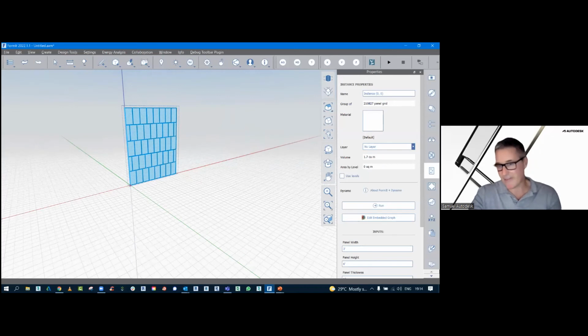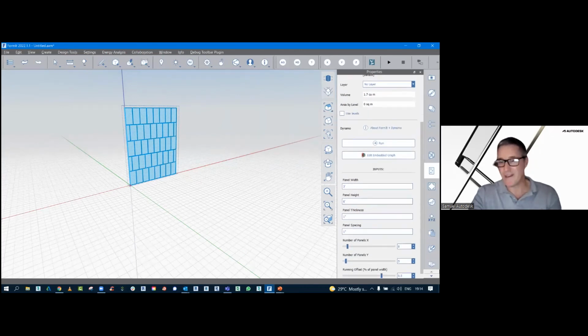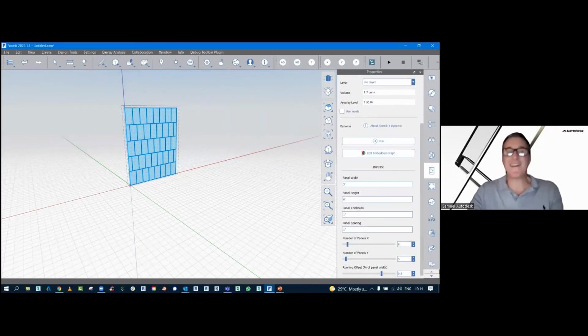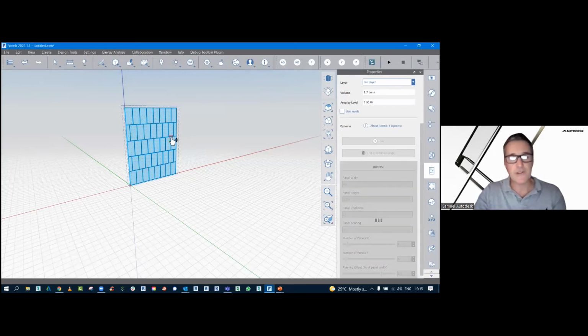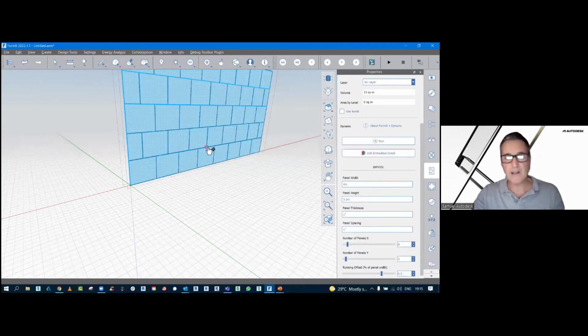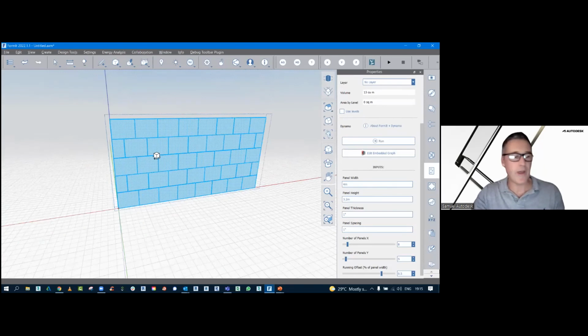Now, this is by default running on American units. Again, I can move this to metric. So the panel width could be 4 meters, and the height of those panels, we could make them 3.2 meters. I'm just entering that and running that. It's going to leverage the script and then change those panels for me. This is in its simplest way to just see the design automation working. So here we have those panels all done for me.